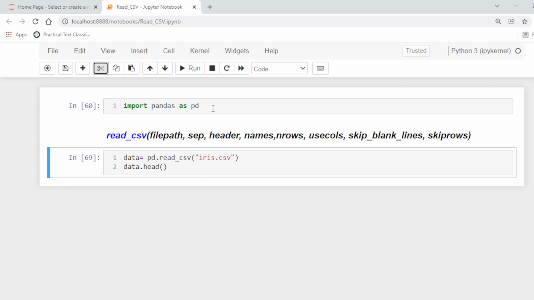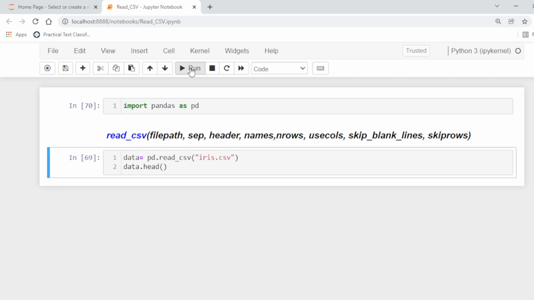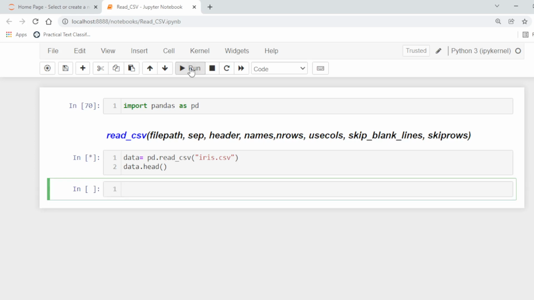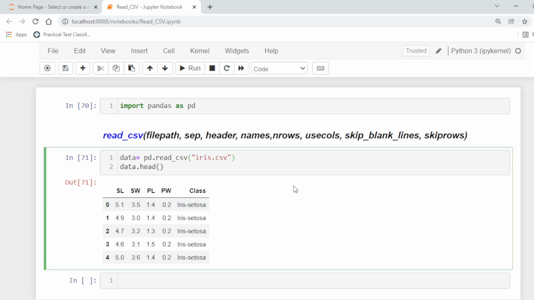First of all, we import the pandas library, and then use the pandas read_csv function to read the CSV file. The iris data is stored locally. So there are 5 columns with 4 features: sepal length, sepal width, petal length, petal width, and class. Here the file contains the header names.